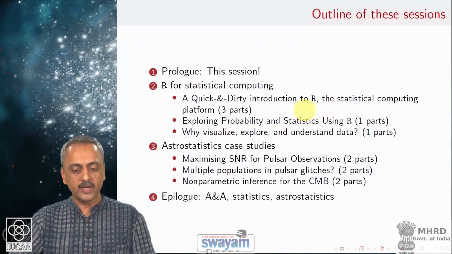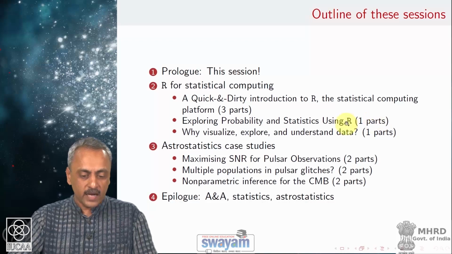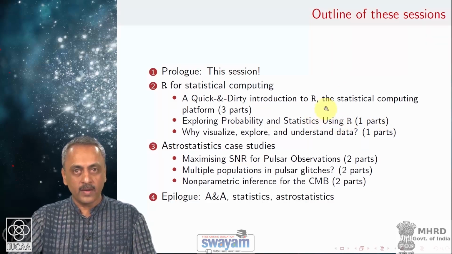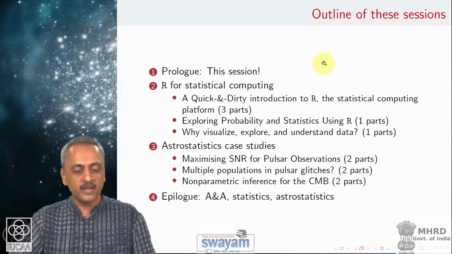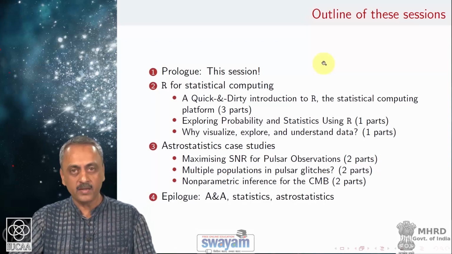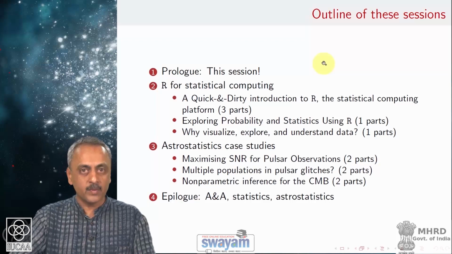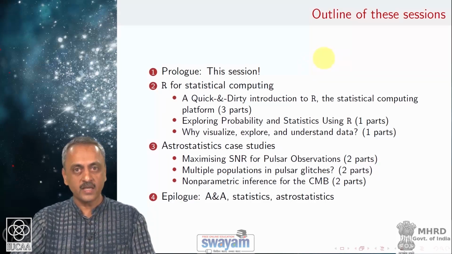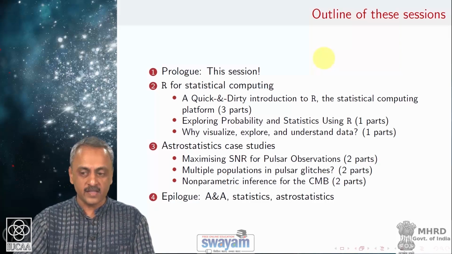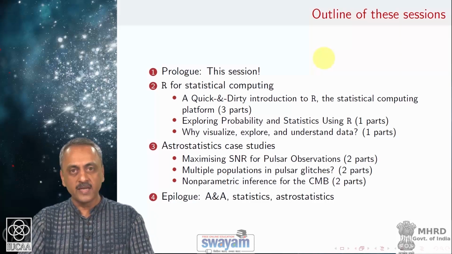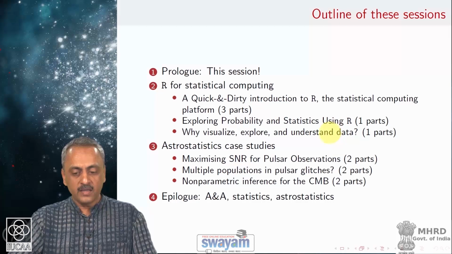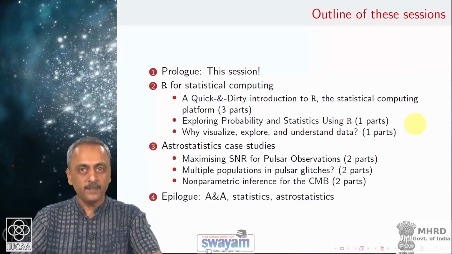So, a couple of sessions are devoted to R. We will then use R to explore concepts. One example of usage of R is one theme that I use in my probability classes often, that you can use a computing platform like R, it does not have to be R, but something like R, to explore concepts in probability and statistics, and oftentimes this computational exploratory approach can give you interesting insights. This is of course not a substitute for formal mathematical analysis and proofs, but nevertheless the essential insights can be obtained through computational exploration. The third part relates to data, and specifically